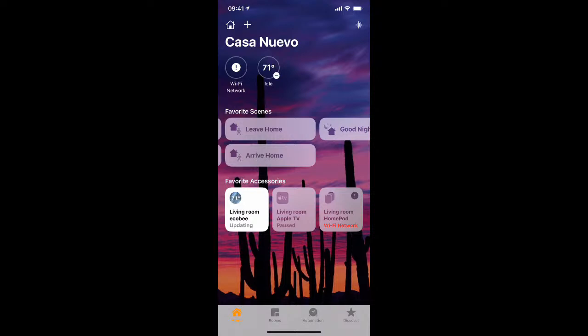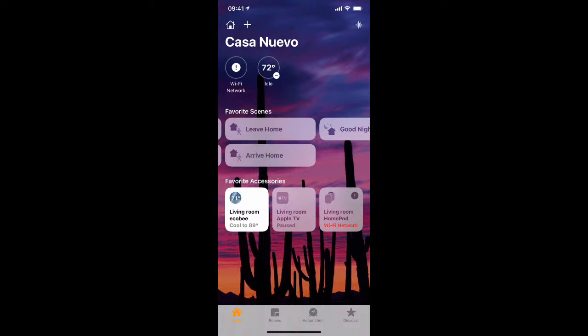So let's talk about what we're seeing on the screen here. From the factory, it comes with these 5 scenes. So scenes are automations. These are things that you can edit, you can delete, you can add different scenes. So let's just talk about 2 scenes here. For example, when you leave home, it could be programmed to turn lights off, turn down the thermostat, anything you want to have not working while you're gone. And then when you arrive home, you would turn up the lights, turn on the thermostat to a comfortable level. So that's just one example of scenes, and we'll get to that in a later